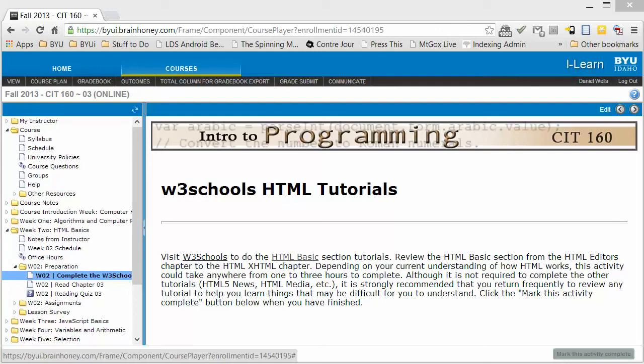So the two sources that you will be learning about HTML this week from are W3 Schools, which is a great website that's very complete. It's got a lot of useful information in it, and your textbook. So I kind of wanted to go briefly over the W3 Schools, which is maybe a new site